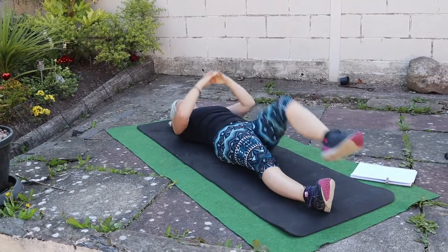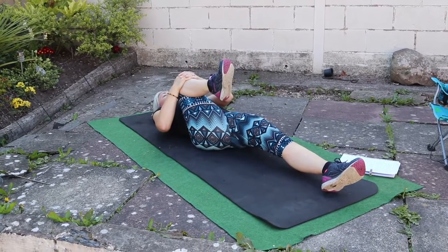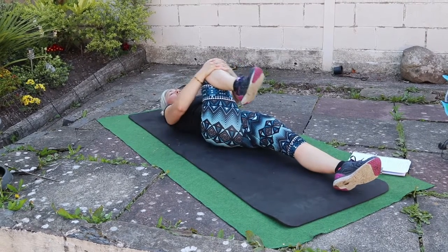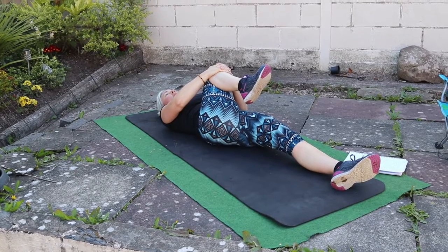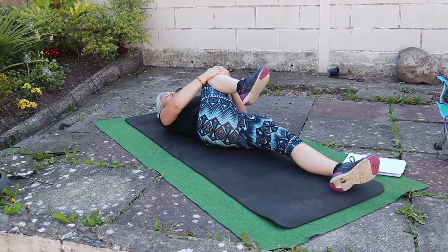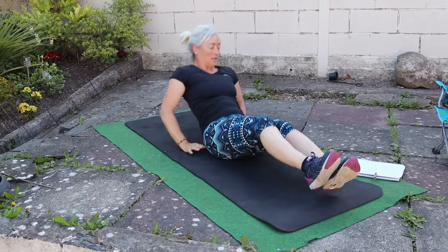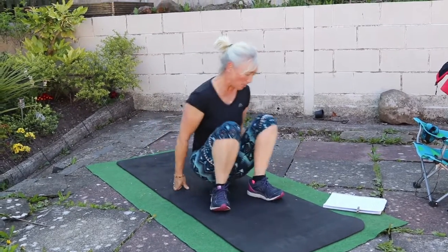And then back to centre and down. Other leg, knee to chest, pull it up, and then bring that knee across to your opposite shoulder. And you should feel that inside the hips as well. Okay, so now we go back to standing up,